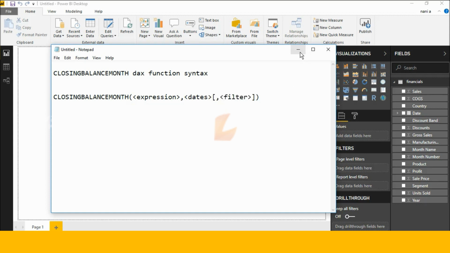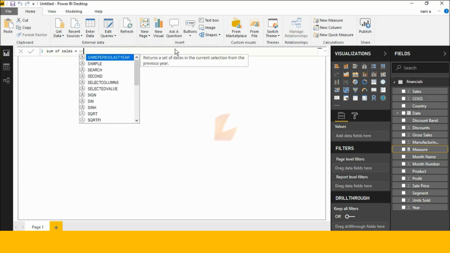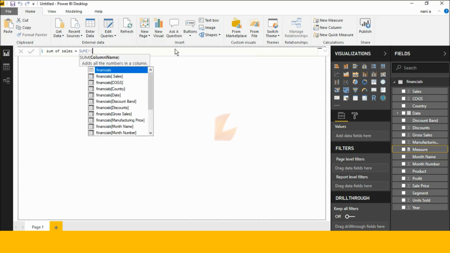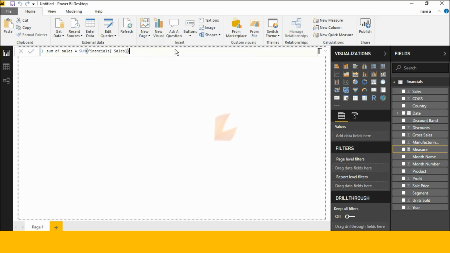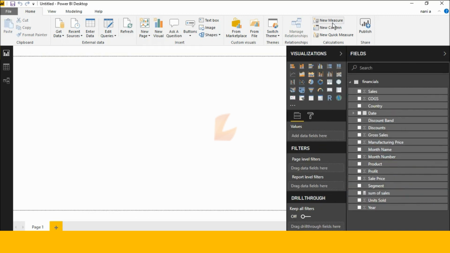Okay, see this here. Now I am clicking New measure, Sum of sales. I am creating one measure named Sum of sales, and SUM is the function name. See here, it automatically created Sum of sales. Now I am clicking New measure again and typing closing,